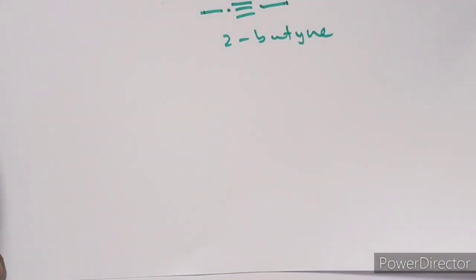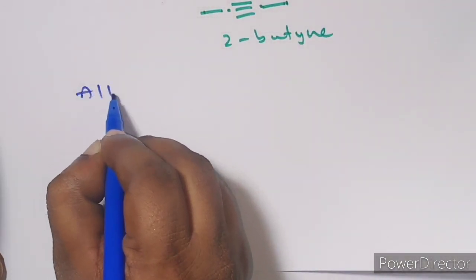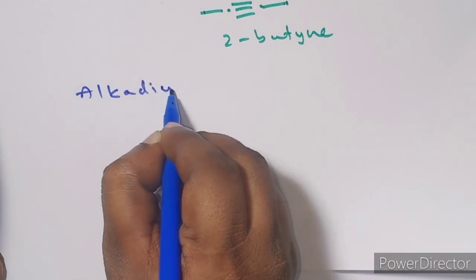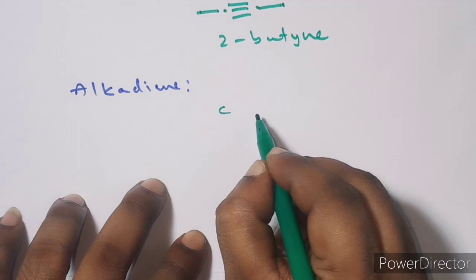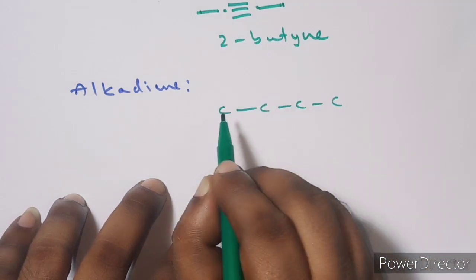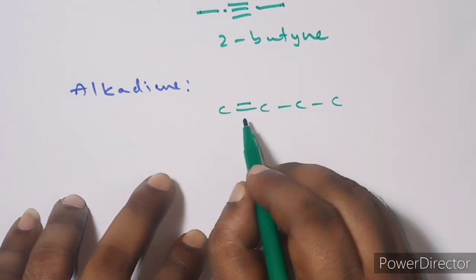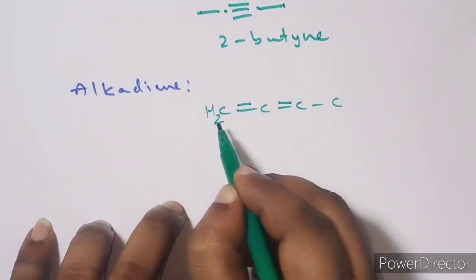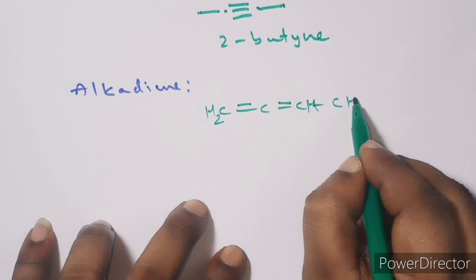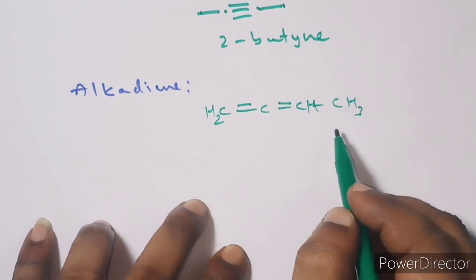Now let us see alkadienes. How many alkadienes can we write here? To write the alkadiene, the four carbon chain is here. So write the four carbon chain, 1, 2, 3, 4, and write the double bonds. Two pi bonds are there, so write them as two double bonds. You can write one molecule like this. You can see four carbons and six hydrogens, right?